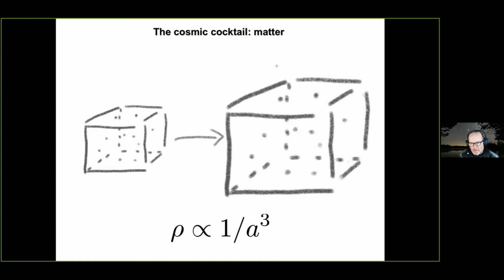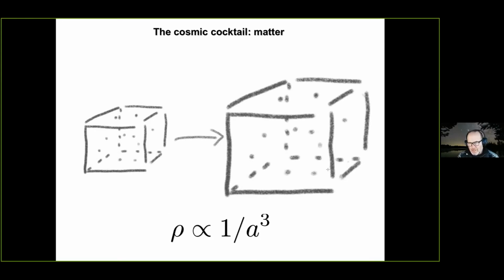The idea here is, imagine that I have a box that is co-moving with expansion, that is, it's expanding along with the expansion of the universe, and I fill it full of a dust of particles, hydrogen atoms or dark matter, any sort of basic massive particles that I approximate as being non-interacting. Well, then I find that the energy density, or the mass density, which is just the same thing, right? So that mass is energy,